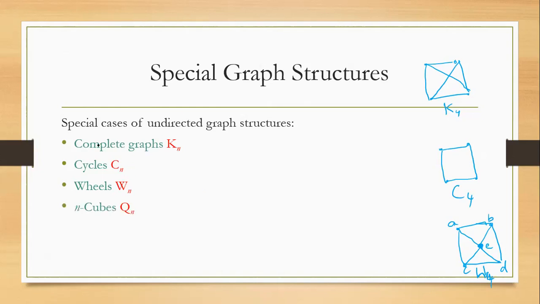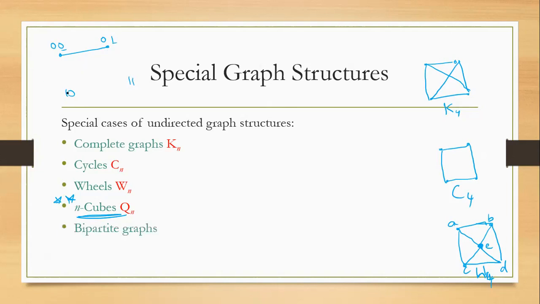So n-cubes or hypercubes, if you remember, are a very special case where you denote the vertices by the length of the bit string. Suppose the bit string length is 2, then the vertices are named 00, 01, 10 and 11. You should create an edge in such a way that from one vertex to another there is exactly one change in the bit position. So from 00 it should go to 01. We cannot connect 00 and 11 because there would be two changes in the bit position. We have to have only one change.